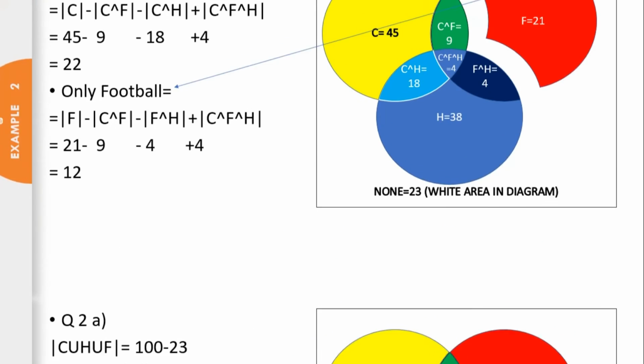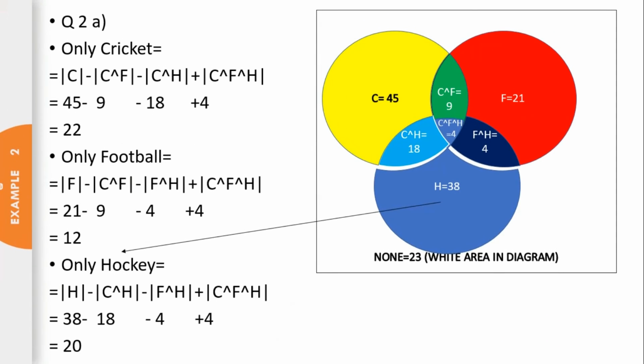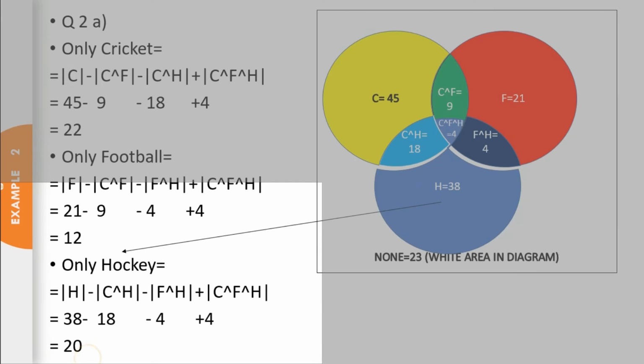In the same way we can go for calculation of the remaining part. So we will get that only 12 are there which are playing only the football. Just this circle minus this portion which are not in the red color. In the same way we will go for calculation of sportsmen which are playing only hockey. So we will get that 20 sportsmen are there which are playing hockey, and so on. So in this way we can say that